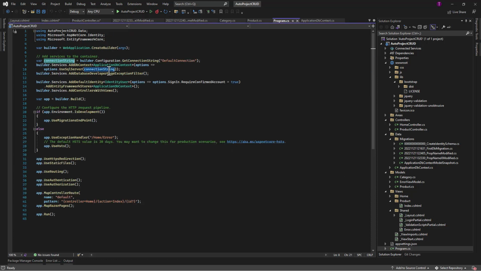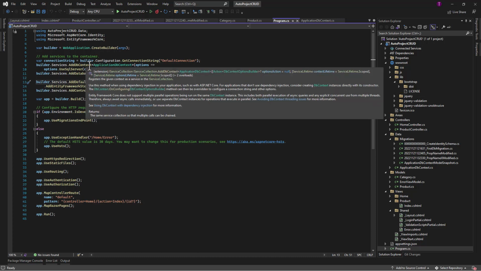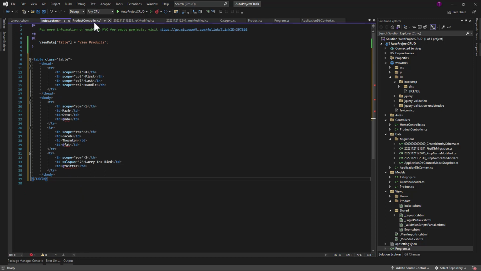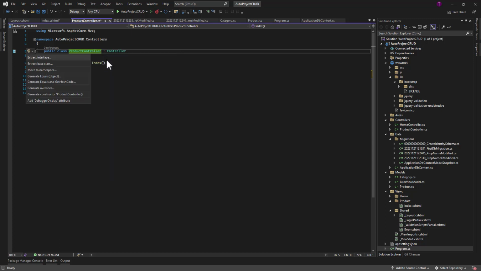If we go to the programs, we discussed it earlier that as part of the dependency injection, this class was added into our services container. Now, since this class has already been added, we can use this class, or we can subscribe to this particular object using the class constructor in our products controller. So in order to subscribe to it, we will have to create a constructor. So let's generate a constructor